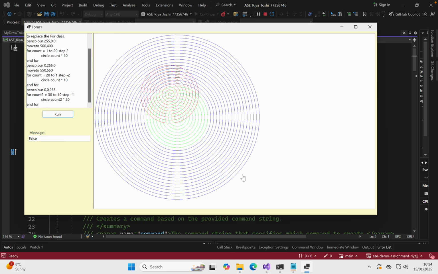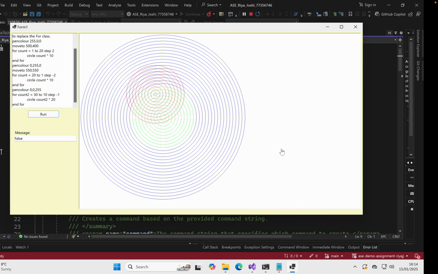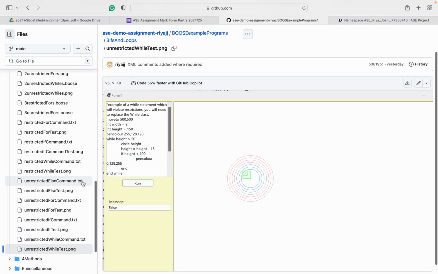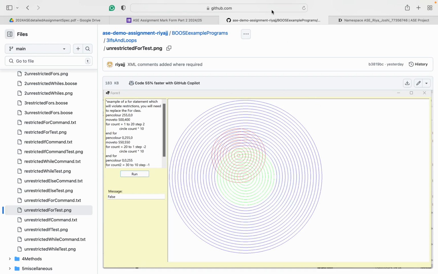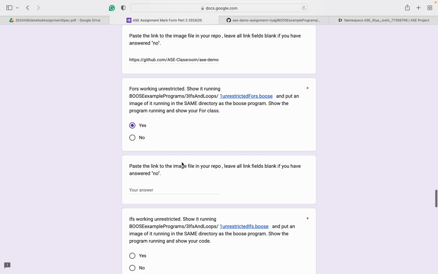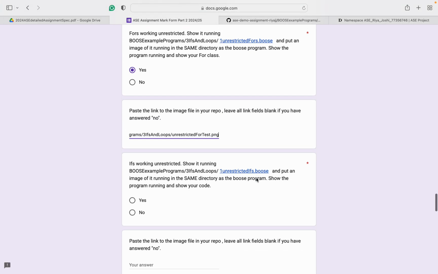As you can see, the code runs perfectly. Now the link to the unrestricted for test image is here. You are going to copy the link to the form.